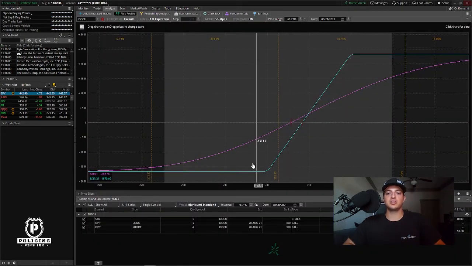Visual representation of your profit and loss. So if you look at this blue line, that's the at expiration. So if the expiration is August 20th, like it is on this one, the blue line represents that if it expires at this particular price that you'll see on the bottom here, let's call it 310, it will only be worth $329. And you can see that in the bottom left hand corner right over here. And you can see your max loss on this is negative 1670.